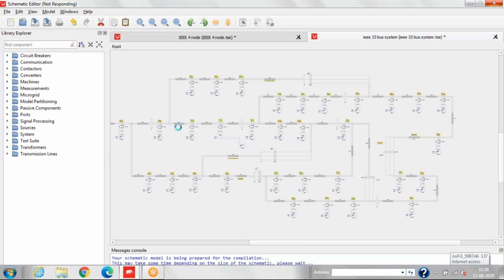So you can observe the signal, and you have to open the model in the startup panel and observe how it is working. You have to compile, and after the compilation the model will be loaded to the startup panel. Then you have to run the simulation and just provide the source settings. You can go to the model settings control, and then you can observe how the IEEE 33 bus system is working. So let it compile first.